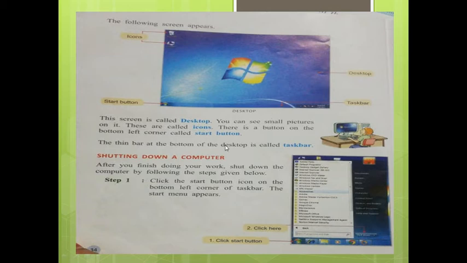This screen is called the desktop. You can see small pictures on it. These are called icons. There is a button on the bottom left corner called the start button. The thin bar at the bottom of the desktop is called the taskbar. See here the taskbar.